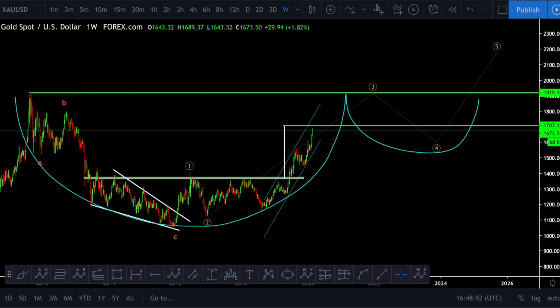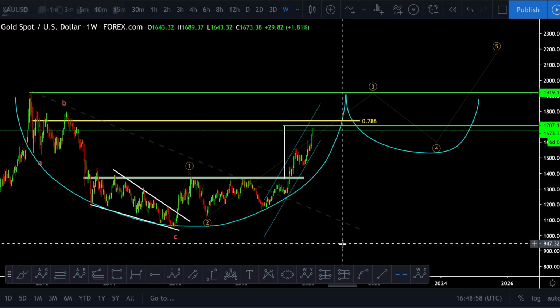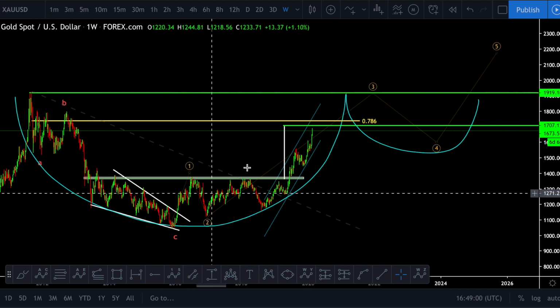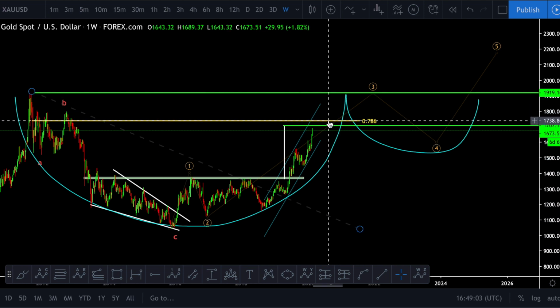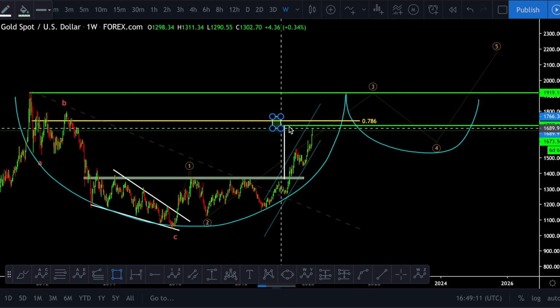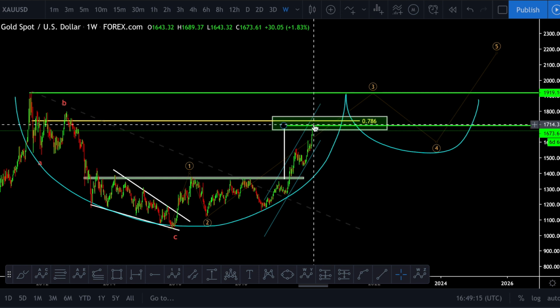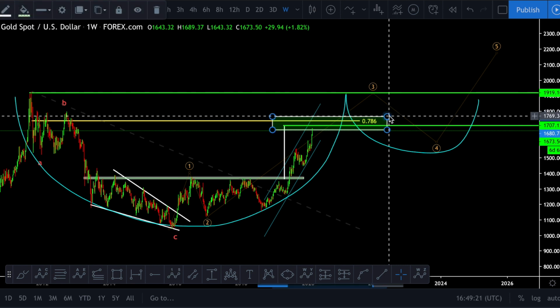Another thing I want to point out is we're most likely going to hit that 0.786 level, which I like to target a lot on pullbacks. So if this was considered just a pullback right here, we'd probably hit around there. We see the 0.786 is right here, as well as the green line, the minimum price target for the head and shoulders. So we're likely to hit around here, maybe 1700 flat, maybe 1750-ish, possibly,